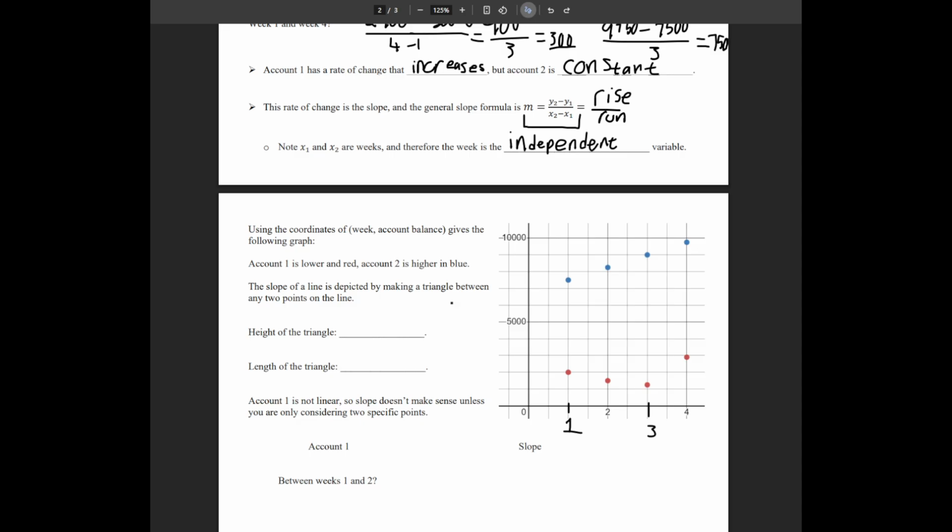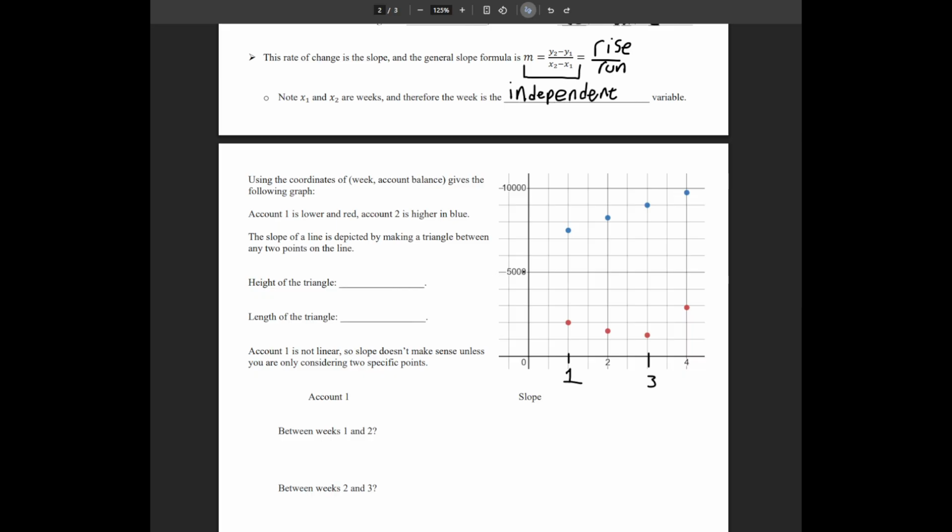In order to find slope on a graph, what you will have to do is form a triangle between 2 points. And you will need to find the height and the length of the triangle. Let's look at the first 2 points. So account 1 is in red. Let's just look at account number 1. So if we're going from point 1 to point 2, so 1 week to 2 weeks, if we just draw a straight line from here to here,